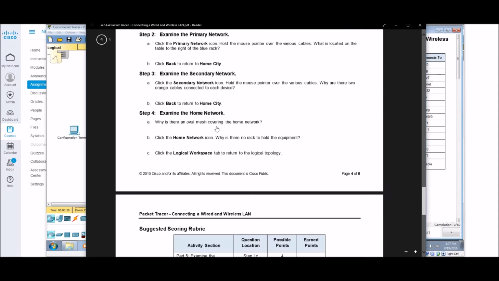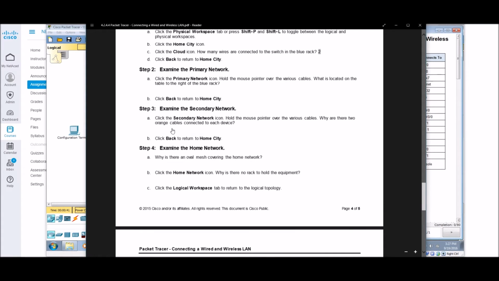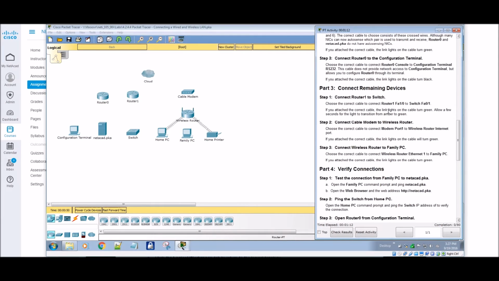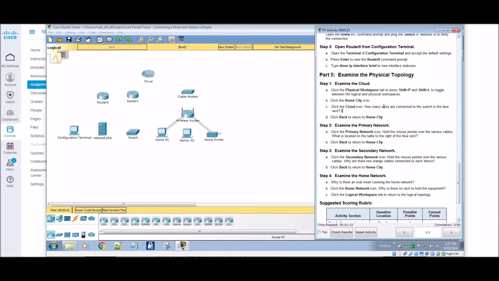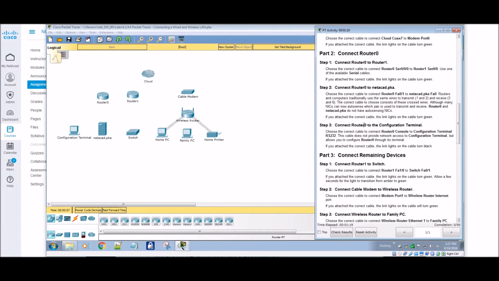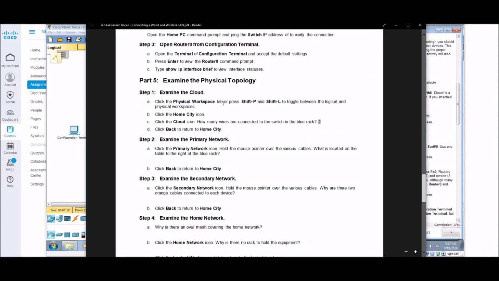I've already downloaded this PDF, and you're going to need to answer some questions for the actual lab, so you'll need to fill in these questions here. You can't do that from inside Packet Tracer. It'll have the actual lab, but it's not going to have the questions for you. So be mindful that the questions you have to answer for the actual lab to submit are in the PDF file.